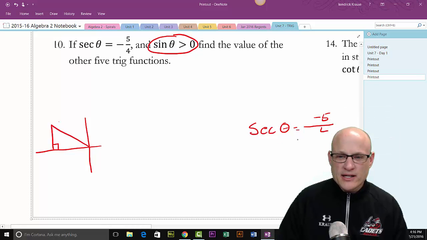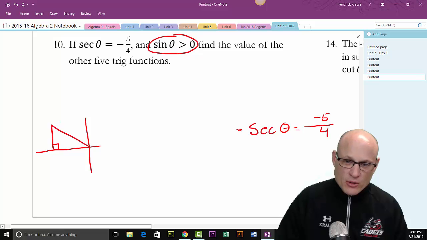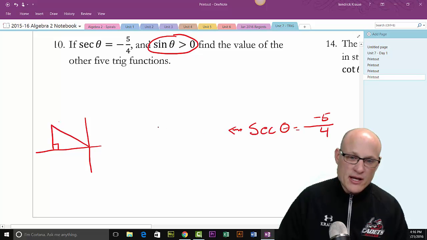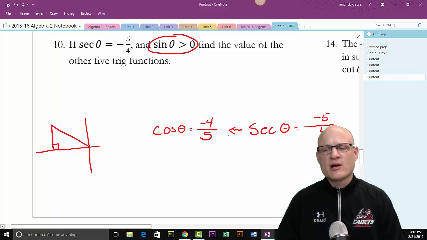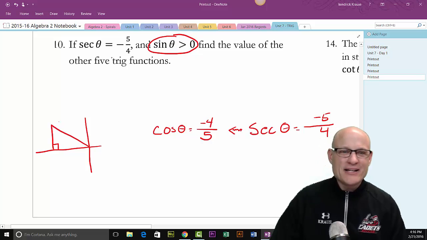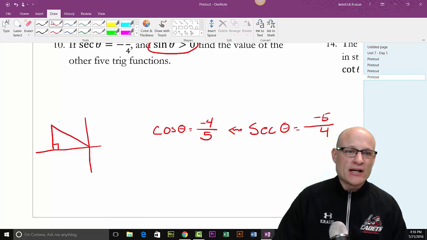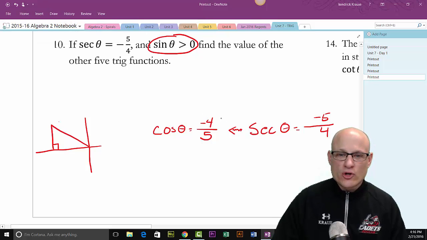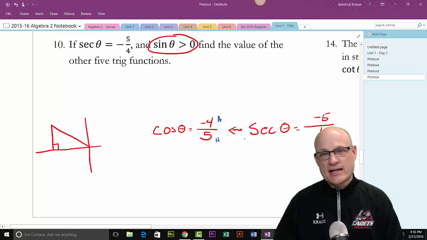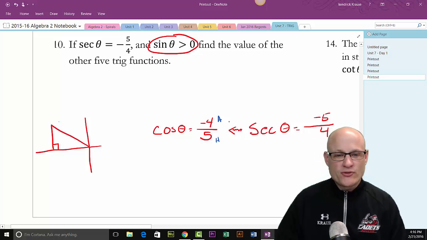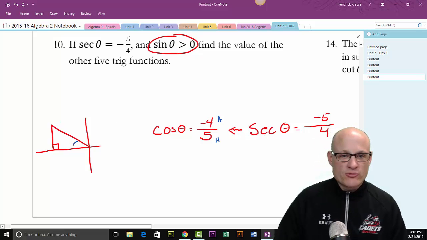Well, if I'm smart, I can work backwards this way and say, okay, that means cosine theta is equal to -4/5. Now, why is that useful? Well, I know that cosine, some old horse caught another horse, is adjacent over hypotenuse. So I'm going to come back to my drawing here, my theta, and say, okay, adjacent